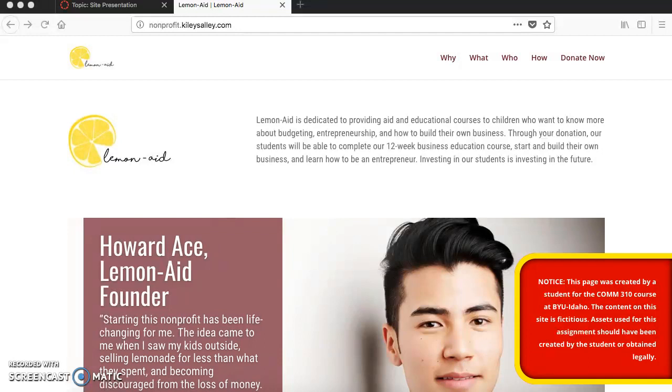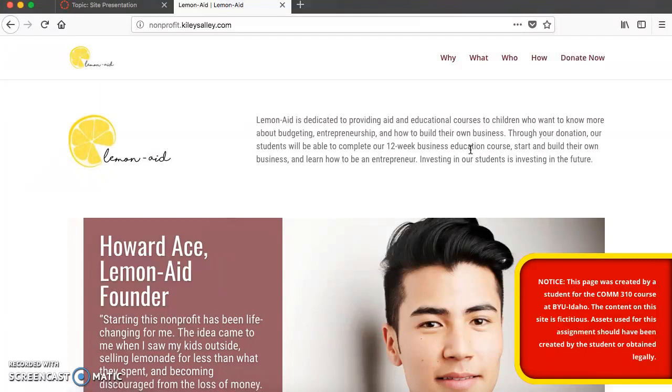And the first thing that I did was come up with a color scheme, and I created my logo over here. Just really simple, kind of fun. You can tell it has to do with children. And then I came up with a color scheme, so I wanted to keep with the yellow and this red. And on my website, you can see that I did a couple different things to keep it unified. I kept all the yellow and red, so when you hover, it turns yellow, red, so it's easy to read at first. And then I wanted to keep a really simple website so it's super user friendly and anybody can